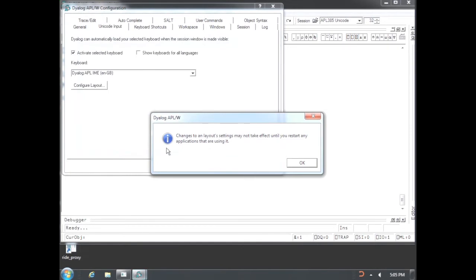What this tells me now is that changes to the settings like this might only apply to any applications if you close that application and come back in again. One of the exceptions is Dyalog APL, which knows how to communicate with the IME and tell it to change its settings immediately. So having done this,